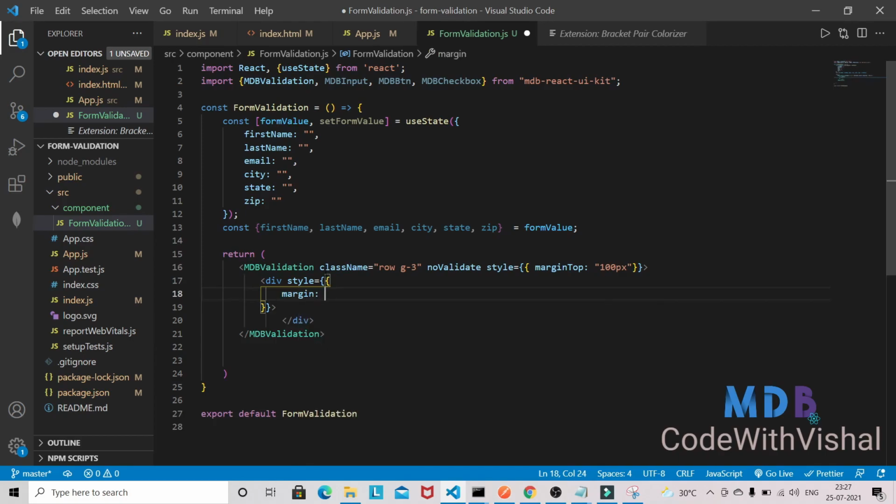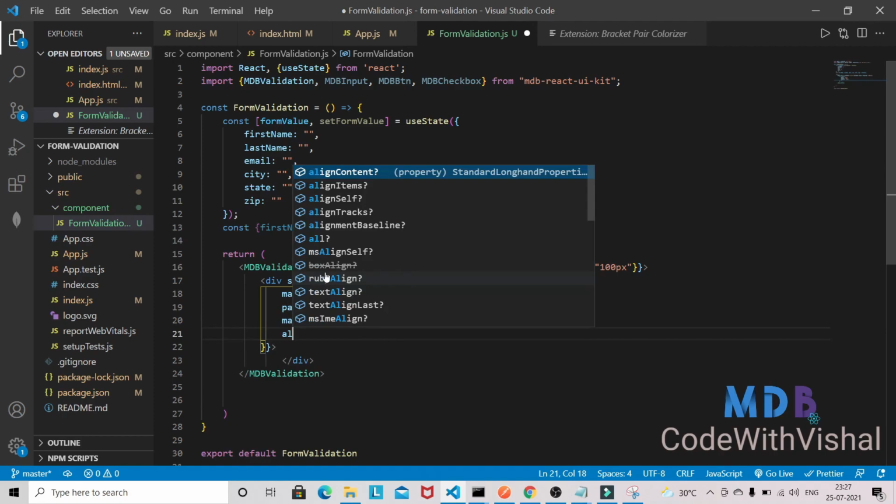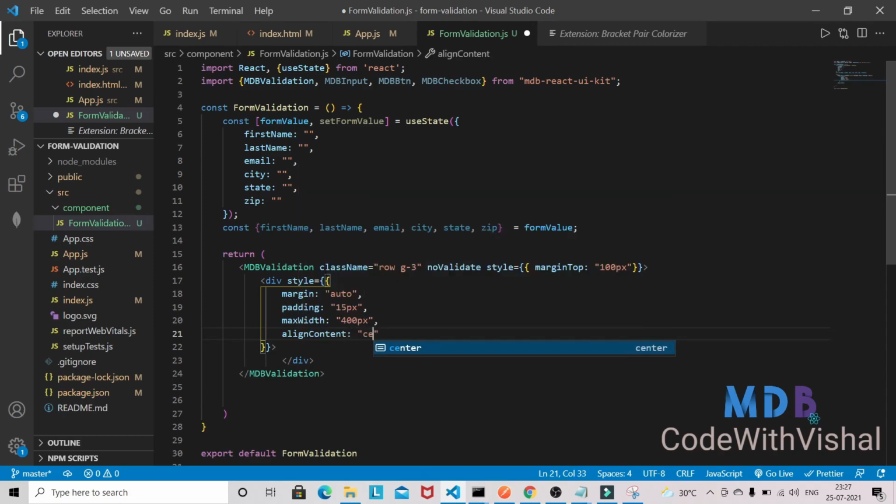So margin auto, padding 50 pixel, max width 400 pixel, and align content center.